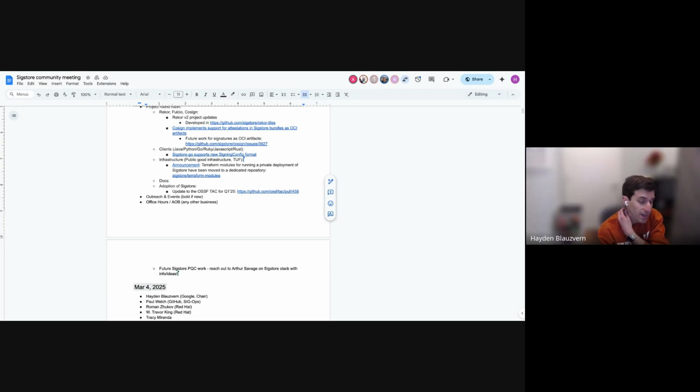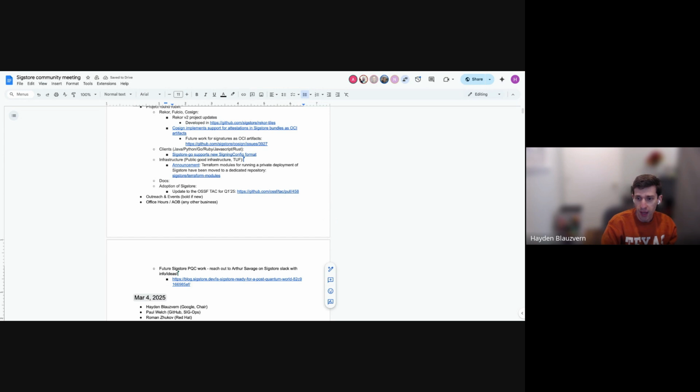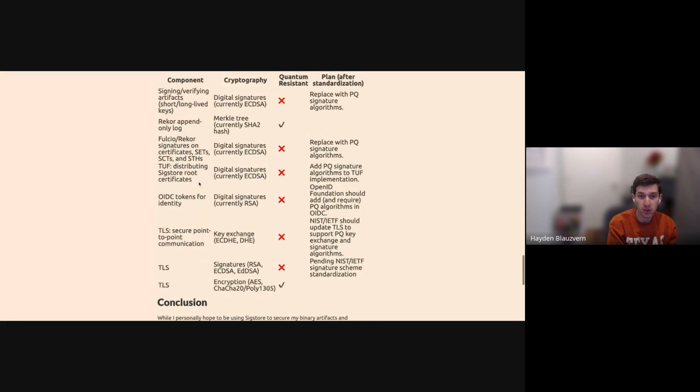I'm very excited to see some other teams taking a look at this too. This has been personally a bit of a pet project to see more crypto agility throughout the Sigstore ecosystem, with the goal of being able to start experimenting with the set of algorithms that NIST has standardized. I'll also drop in here a blog post which one of our old community members wrote up a little while ago that more or less highlighted the number of places that would have to change within the Sigstore ecosystem. Nothing's too much of a surprise, but roughly, I think this table got messed up a little bit,